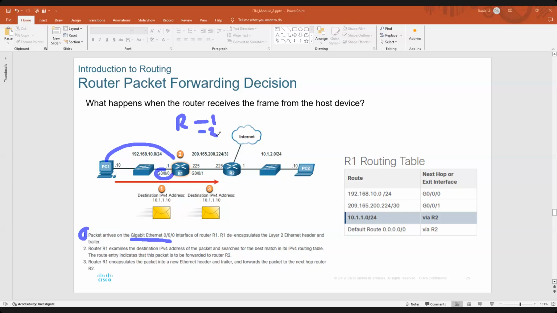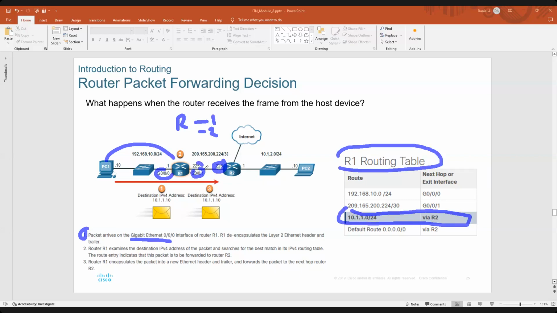ሌየር 3 ላይ ያለውን source and the destination IP address check በማድረግ especially the destination IP address of that request and now R1 tries to identify the destination router, that means the next hop, and the router also identifies the exit interface by consulting its routing table. ስለዚህ R1 የዳታዋን ዴስቲኔሽን የምትሄድበትን IP address በማየት and routing table ላይ ኮንሰልት በማድረግ ሁለት ኢንፎርሜሽን ያገኛል አንደኛው የሚቀጥለው ራውተር ማን ነው ሪኩዌስቱን የሚቀበለው that's called just the next hop next በየትኛው ኤግዚት ኢንተርፌስ ነው የምልካት የሚለው